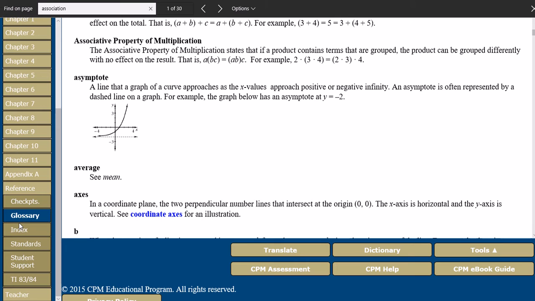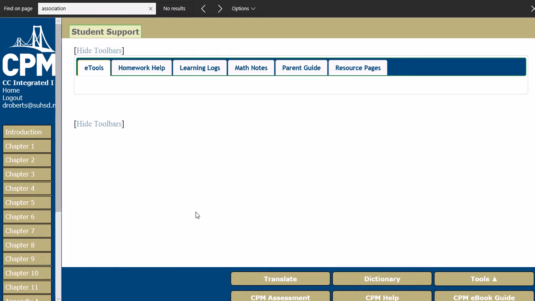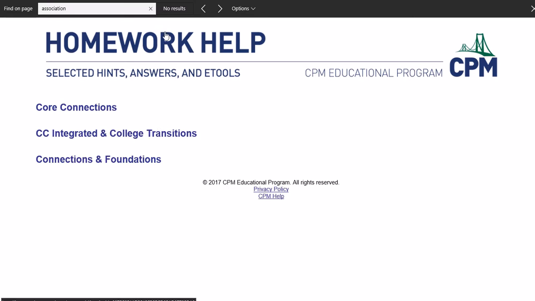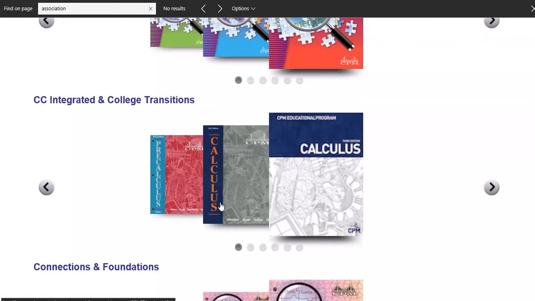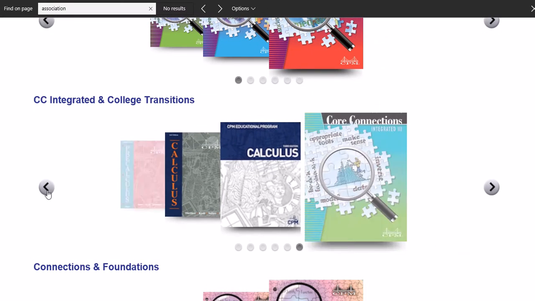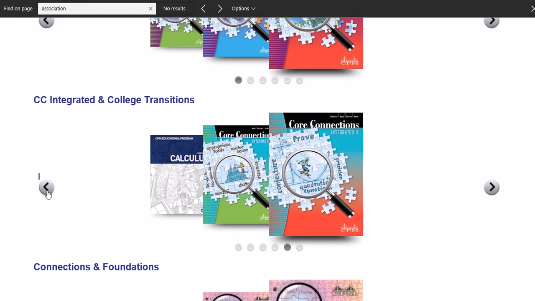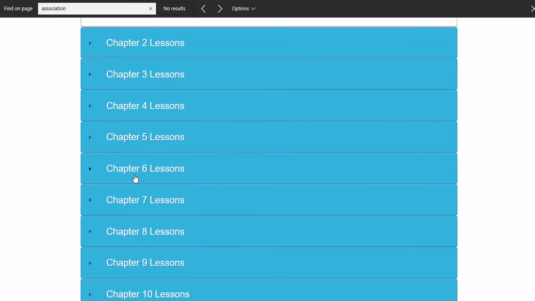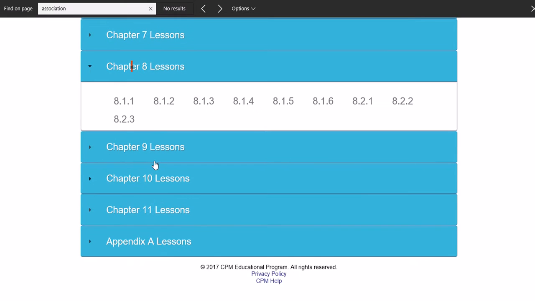And to be honest, I see a lot of students that will, first of all, their only access to this textbook is on a tiny little phone screen, which is sad because it's difficult to see all of this stuff that's here and realize the richness of it. But what I see a lot of students doing is they'll just go to the CPM homework help. They'll go down to not calculus. Yeah, this is our series. Yeah, integrated one, and just jump to, if you're looking at these, you can look at, okay, this is a